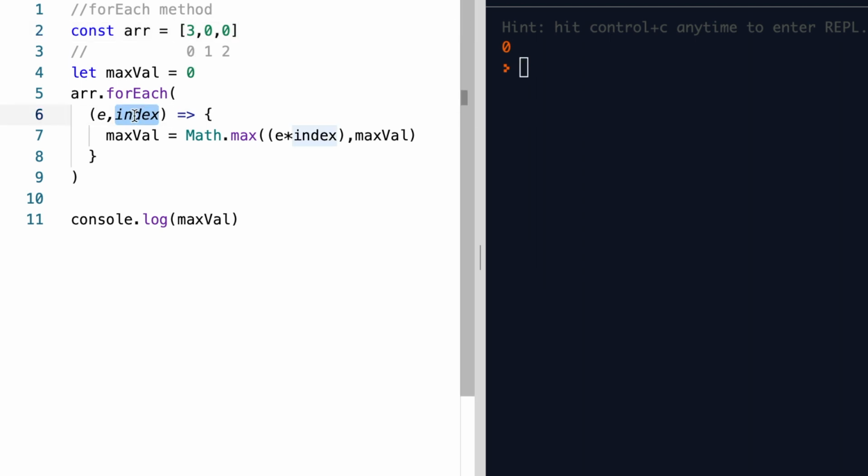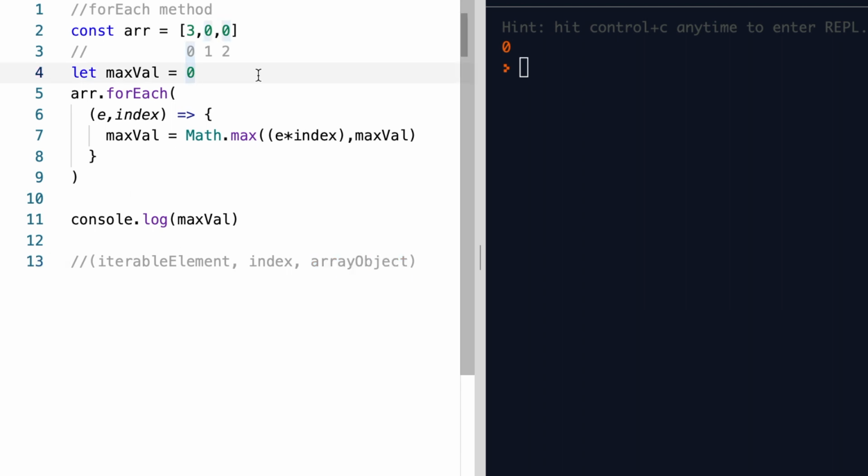The third example is quite simple, and let us actually try using all the 3 arguments that we can use in the forEach callback. As we have seen in the theory part, the third argument is the array object itself. Since we are already binding our forEach to a given array, why are we actually using this array object? The third argument is actually used to define the closure of that callback function being used. Let us say we want to do the same example of finding the maximum value of the product of element and its respective index, and we define that callback function using a named function instead of this anonymous function.